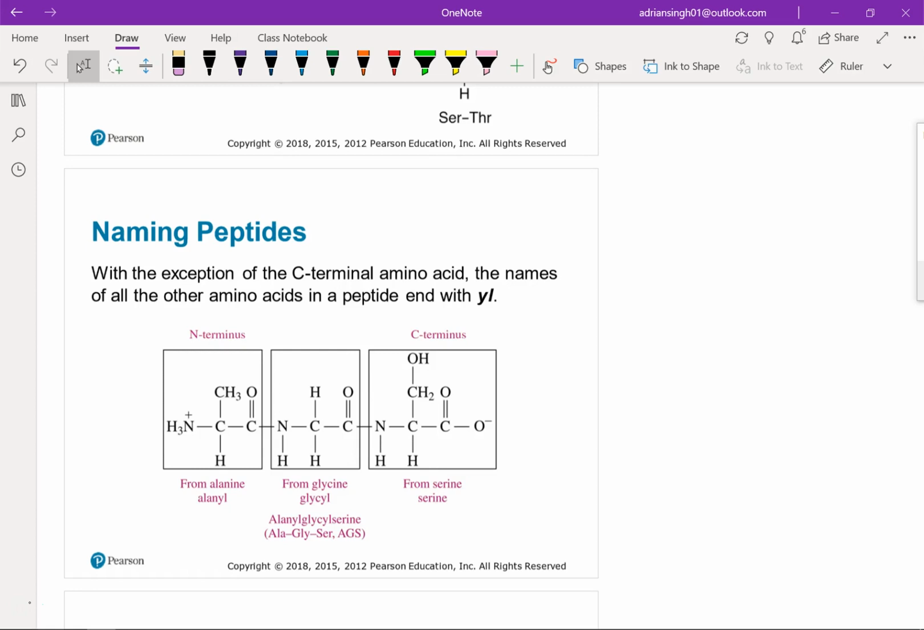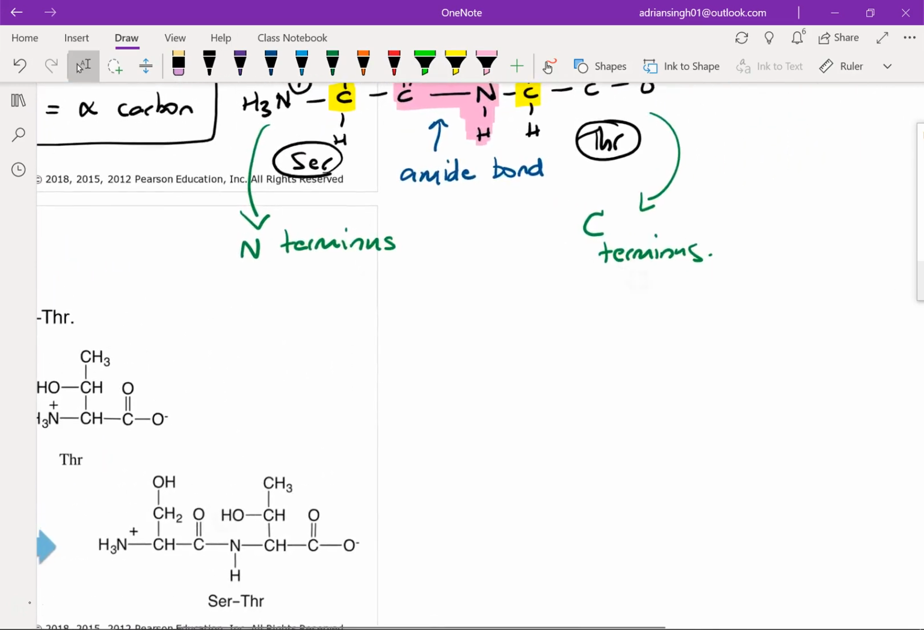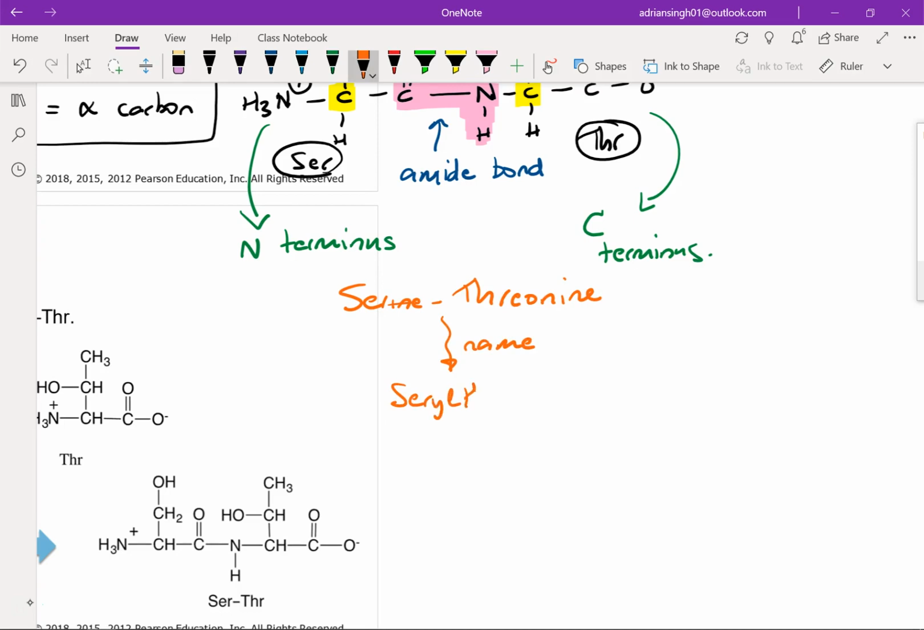So the way that we name our peptides is we're going to take the names of the amino acids at the beginning, and we're going to change the ending to YL. And then the C terminus, the C terminal amino acid, we're just going to keep the name as it is. All right, so if we have our serine and threonine that we drew before, all right, we have serine connected to threonine. The way that we would name this, we would drop the ending, so this becomes seryl threonine